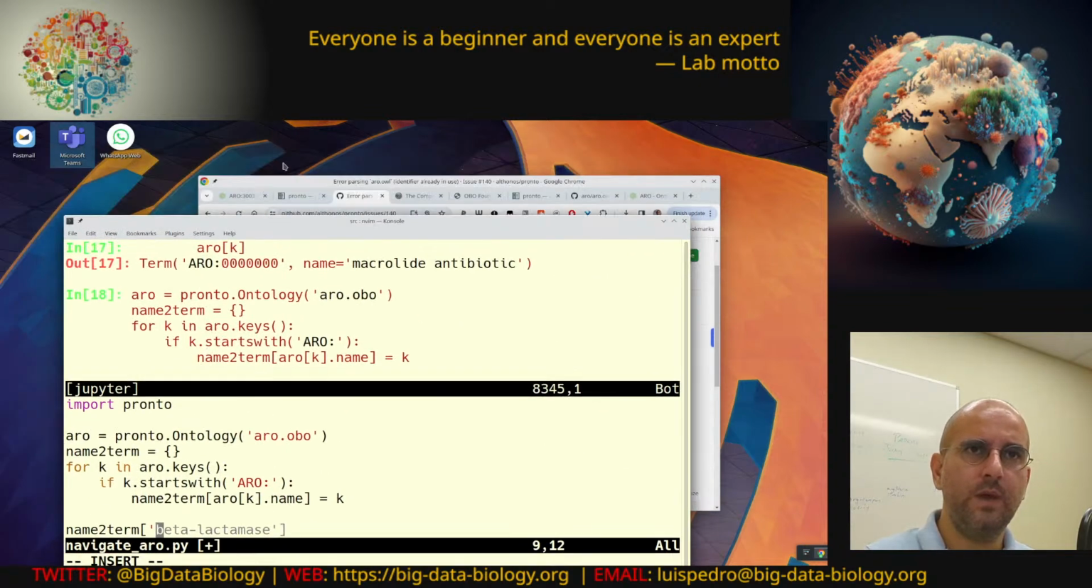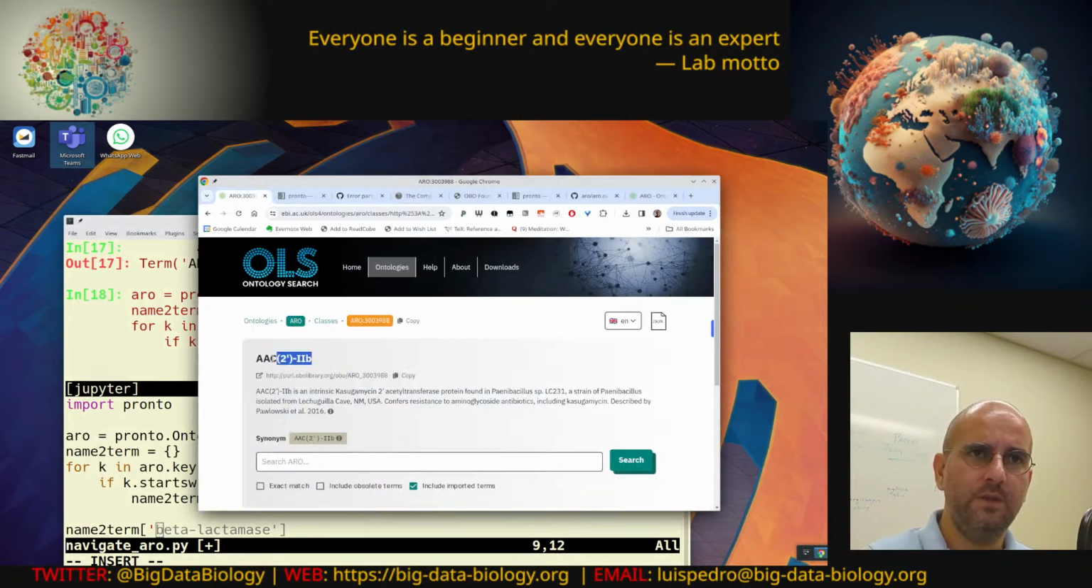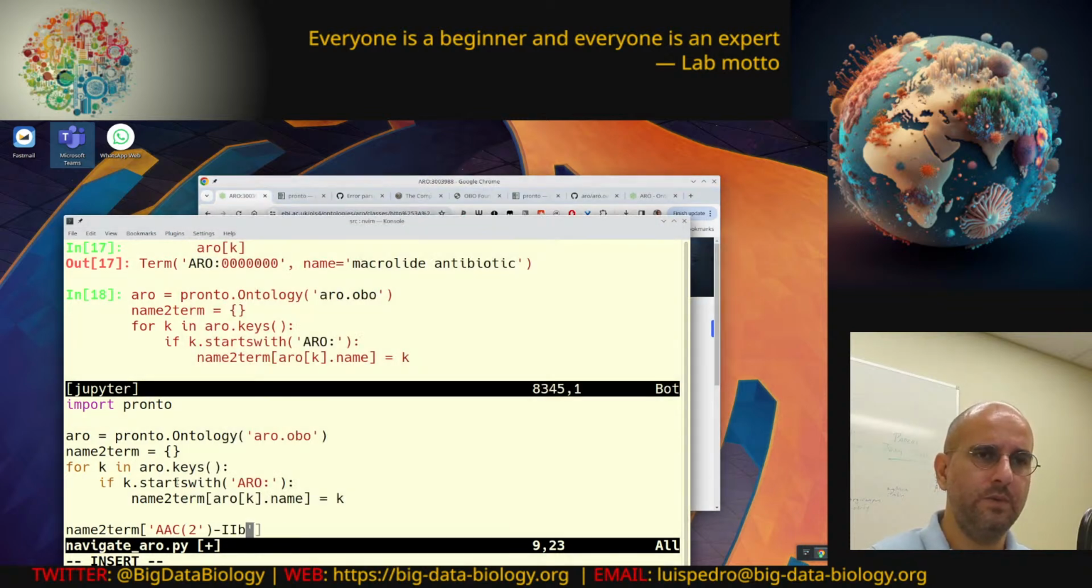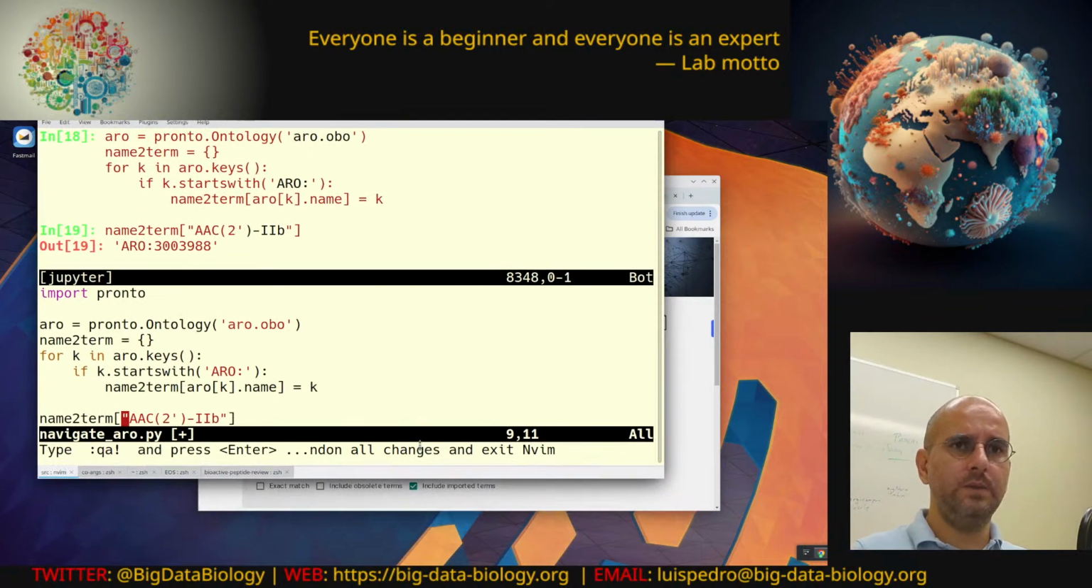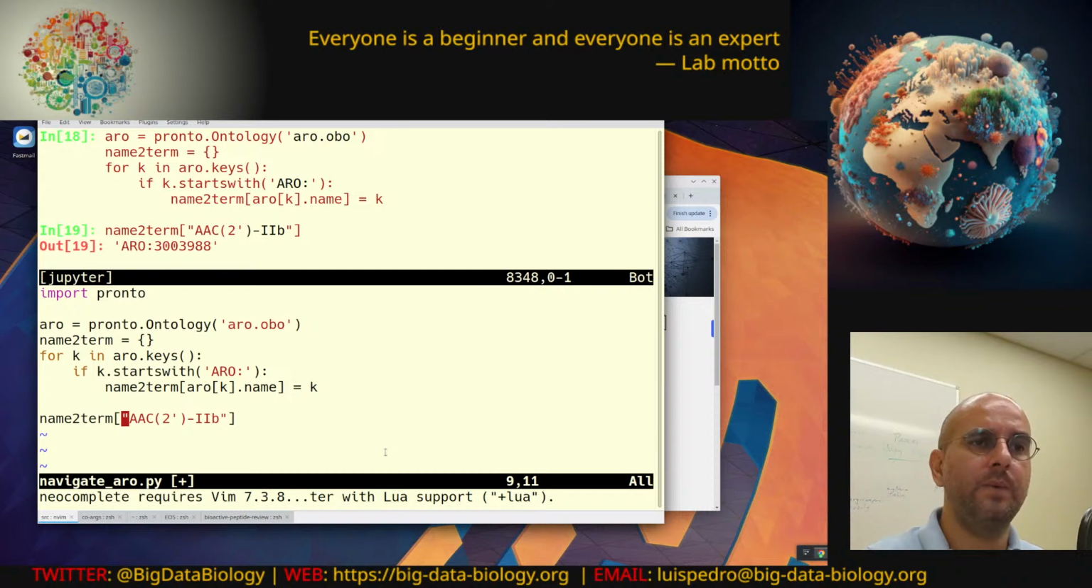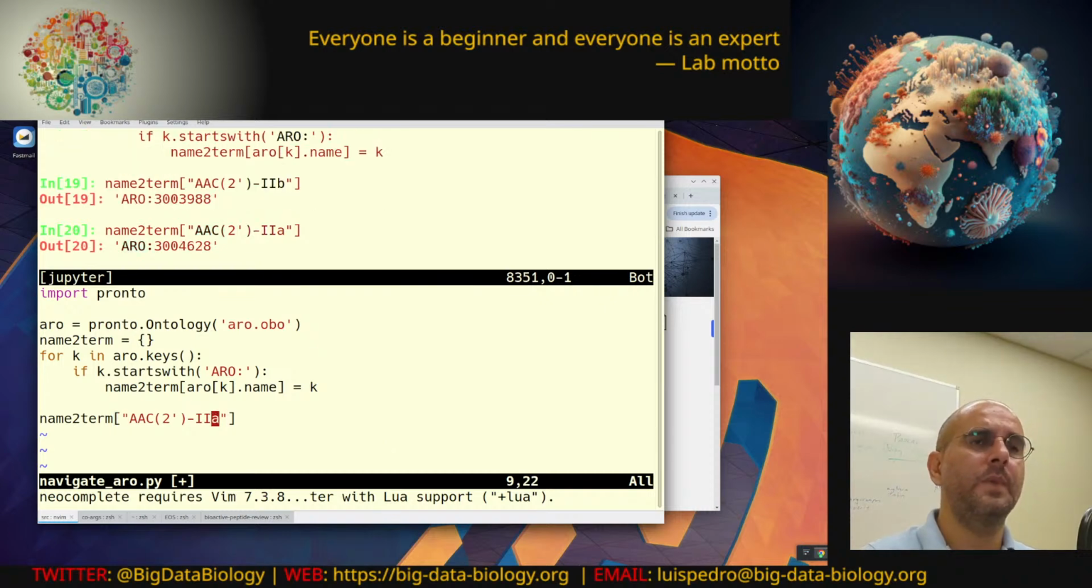Let's see what did we have before. We had this example. Does this work? Yes, this works. Okay, so in principle everything can connect together. We have the gene names. We downloaded the arrow ontology. We have the gene names. Now we map from the gene names to the